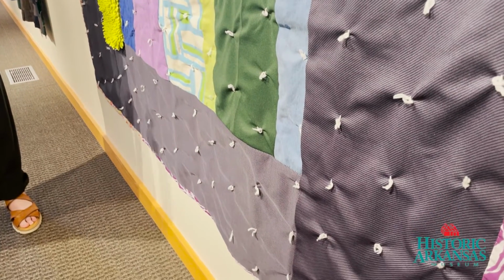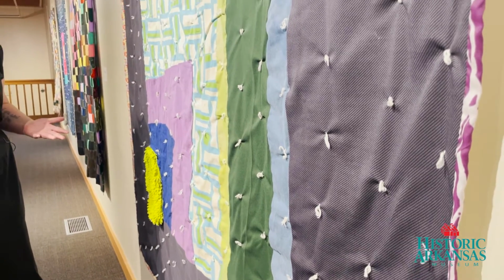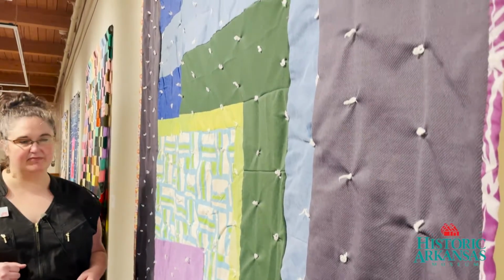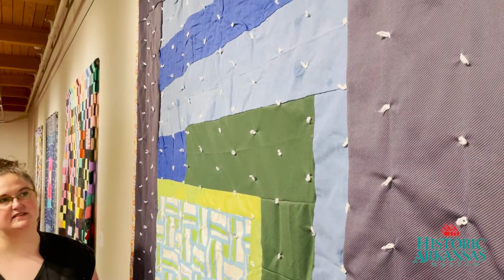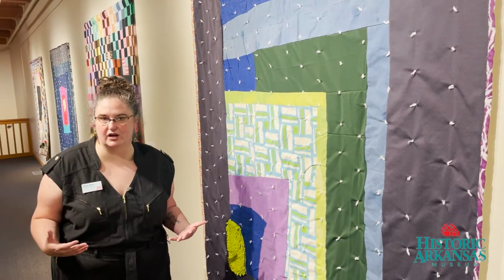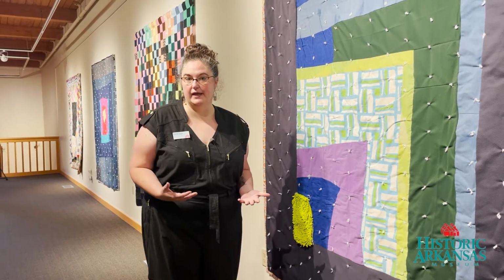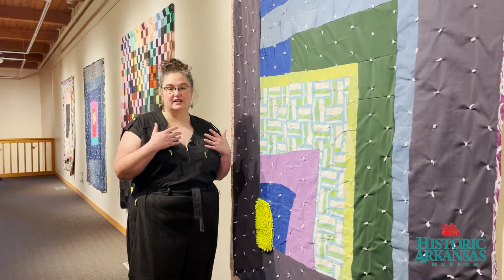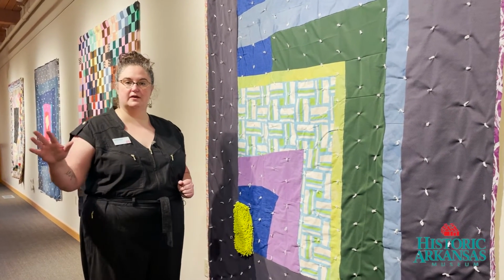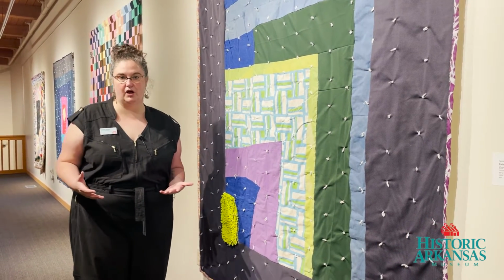And so let me explain a little bit about how this quilt was made. And I think that will help us make sense of why James is featured in this exhibit. So one of James's conceptual processes is he likes to take walks around Little Rock. He's very interested in things that people throw away, things that were loved and left. And so he walks a lot around the underpasses of 630, which serve in some areas of Little Rock as